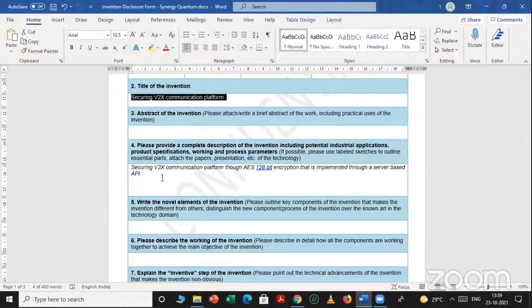And this, the entire objective, is to provide secure communication, so that in vehicular communication, the vehicles can communicate with each other in a more secure manner. So the novelty portion is very important. For the sake of discussion, I'm going to write here